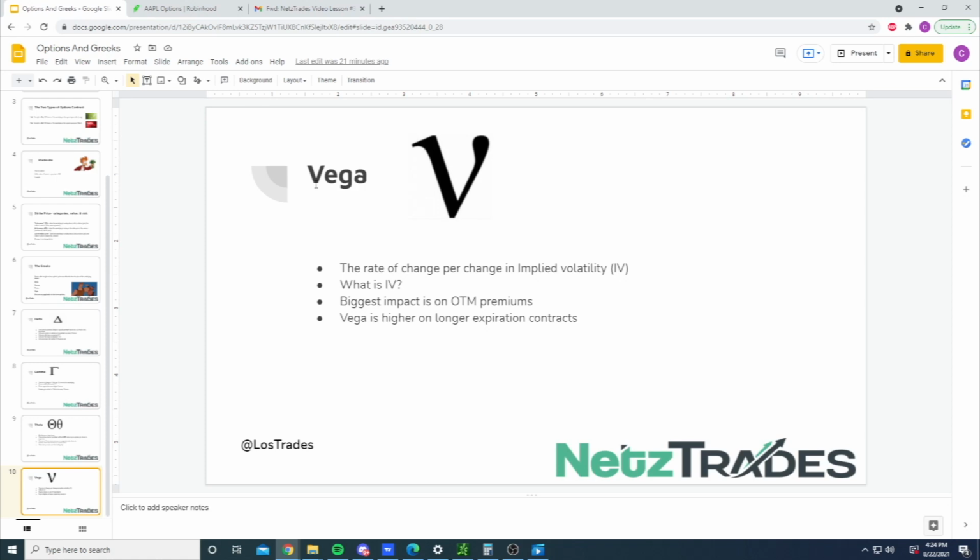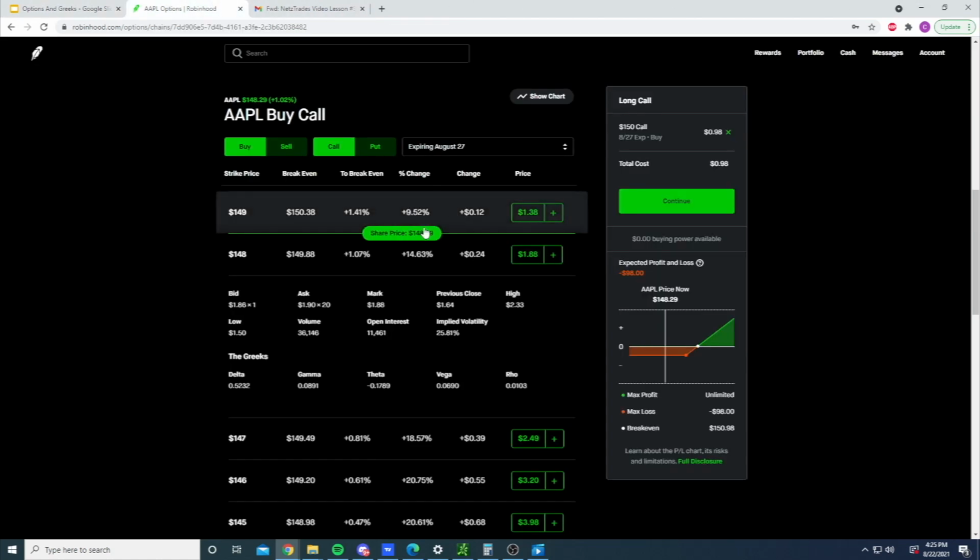So what is implied volatility? Implied volatility is pretty much the expected move of a stock price through any given time. Implied volatility can increase or decrease based on earnings, based on news. So this has the biggest impact on out of the money premiums, and the vega is a lot higher on long-term expiration contracts. So let's go back to Robinhood here, and we can see on this exact 148 Apple call